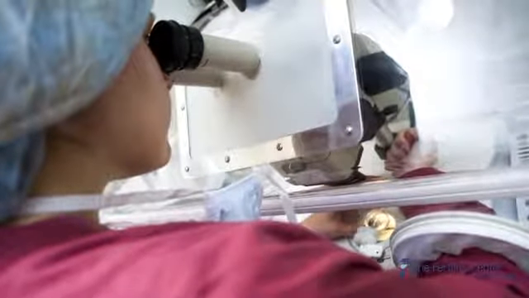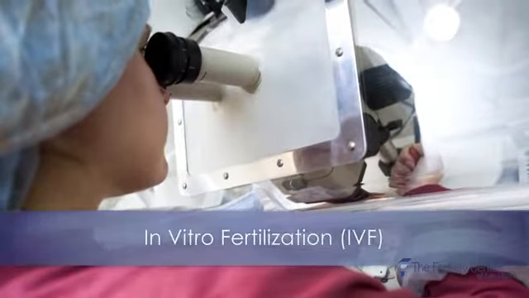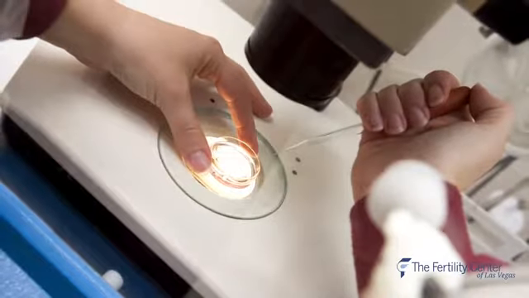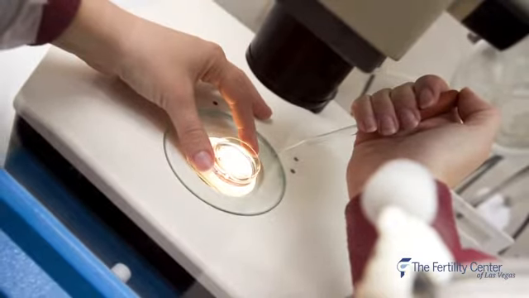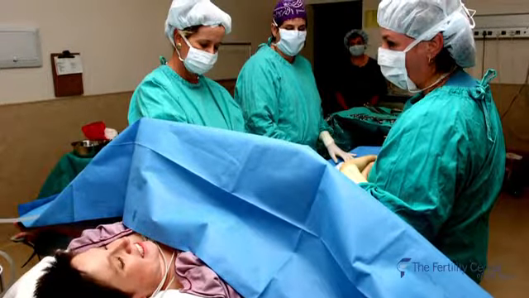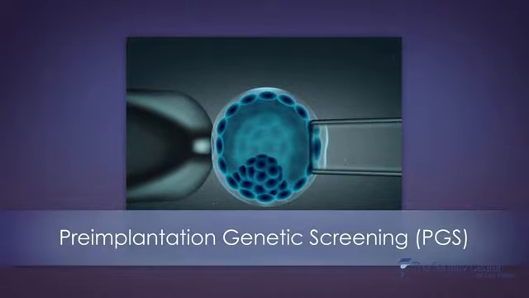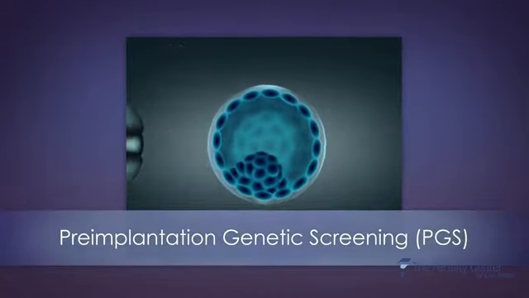So, what are some of the potential treatments for infertility? One of the most common procedures, especially for patients over 35, is called in vitro fertilization, or IVF, where doctors seek out the best quality eggs, fertilize them outside the body, then implant the fertilized embryos back into the uterus. During this process, they can also perform genetic tests on the embryos before transfer to minimize the chance of a